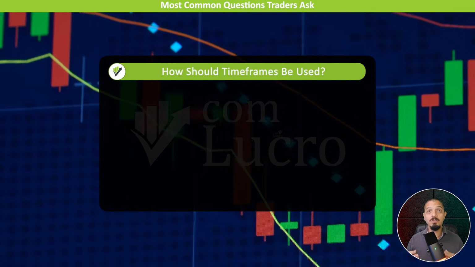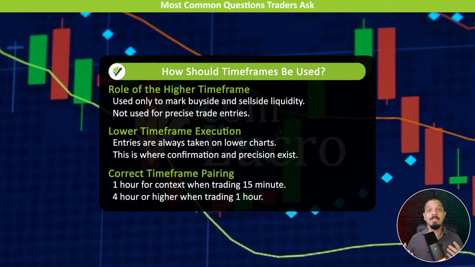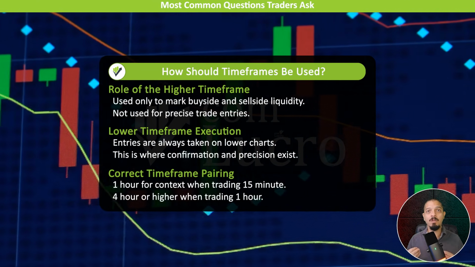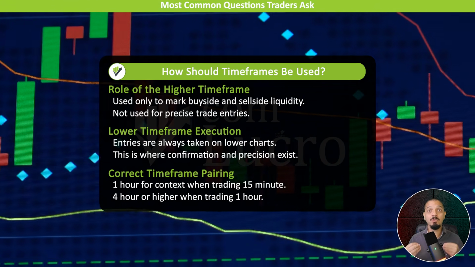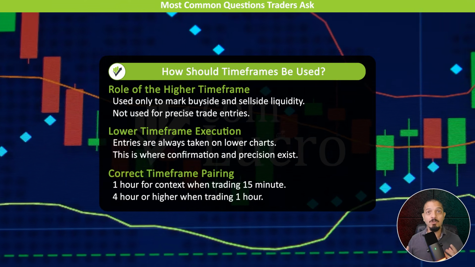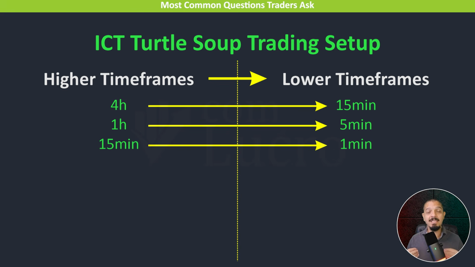Another common question is about time frames, because this strategy depends heavily on multi-time frame alignment. When trading the ICT turtle soup, the higher time frame is used only to mark buy-side and sell-side liquidity. It is not used for entries. If you are trading on the 15-minute time frame or lower, the 1-hour time frame works well for identifying liquidity